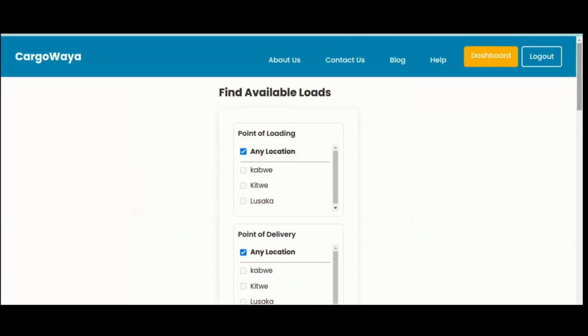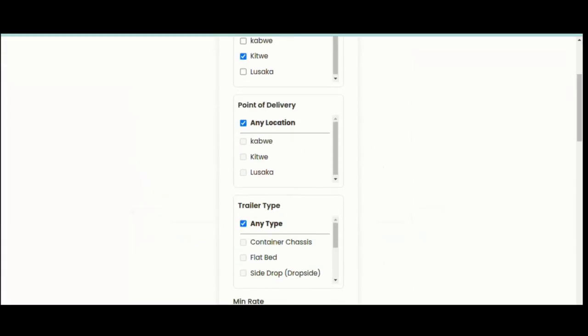You can filter them out depending on your truck type and the tonnage you want to receive. For instance, the point of loading here is any location, point of delivery is any location. You can change this depending on your preferences. So, for example, I want to see loads from Kitwe to